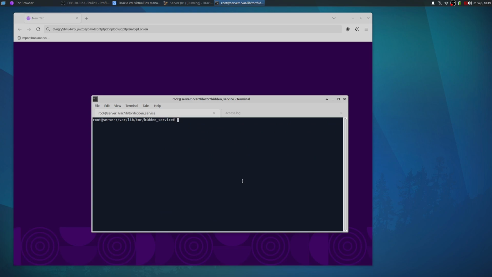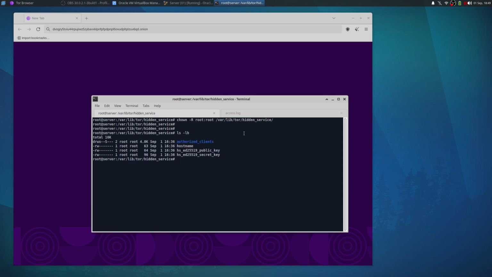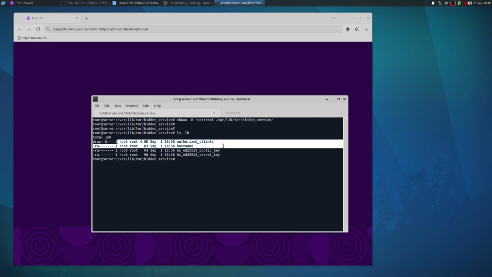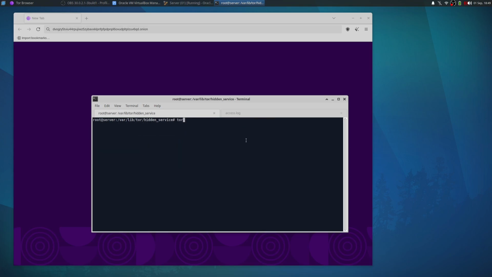I just have to go to the folder, and I have to use the R just in case. I have to do root, and just drop this one here. Now if I were to check, you see everything has now become root. Previously it wasn't the case, if I'm not mistaken. Now if I were to do Tor,